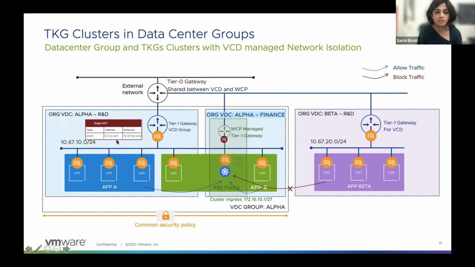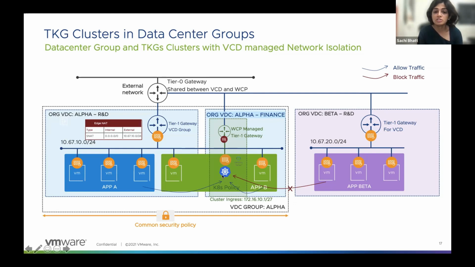One is a SNAT rule on the edge gateway of the VDC group, because now we are not just part of a customer org, we are also part of a VDC group. So cluster outbound access will be done through the group gateway. And the other is that any traffic not coming from this group gateway needs to be blocked to the cluster.